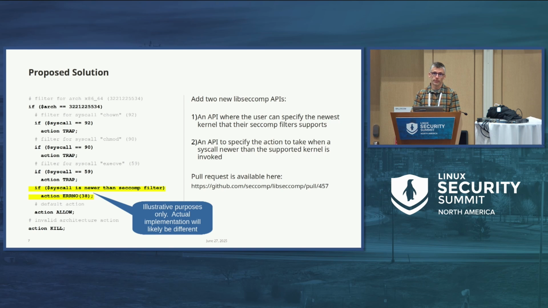And in fact, part of the upstream discussion has been, why do we need this at all? Why not make the default action ENOSYS? And that would work for some people, and we can discuss that more later. But there are some users that want explicitly different actions for denied syscalls as well as new syscalls. So yeah, that's the proposed solution. Note that it would also work then for deny lists. I didn't explicitly list it here,